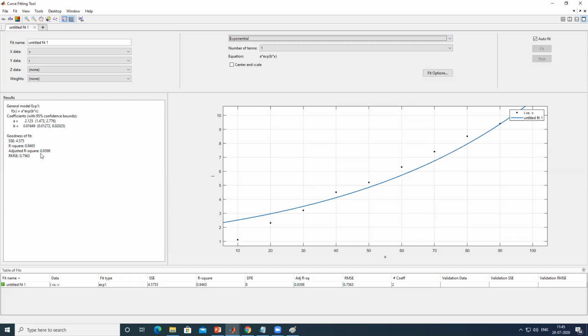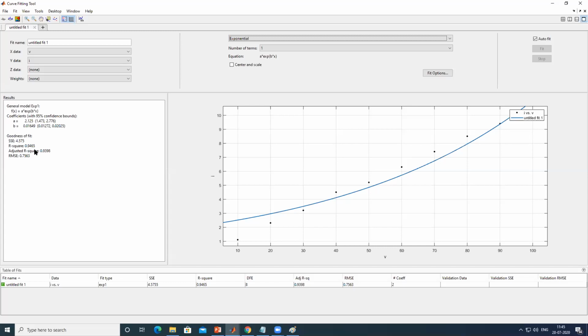So basically, we generally use this method to check whatever physics model we are making, or whatever our hypothesis is, how much it correlates to our experiment. If it shows a very good correlation, then it can be accepted. But if it shows very poor correlation, then obviously we have to modify our physical model. So that is the sole purpose of using curve fitting.